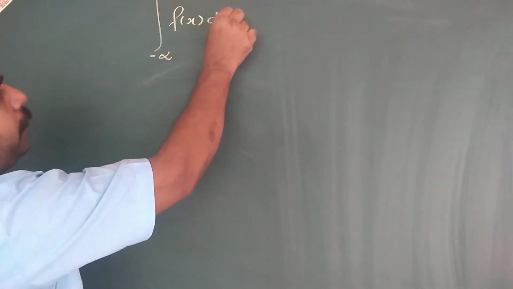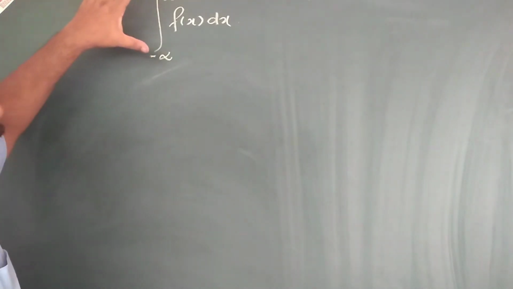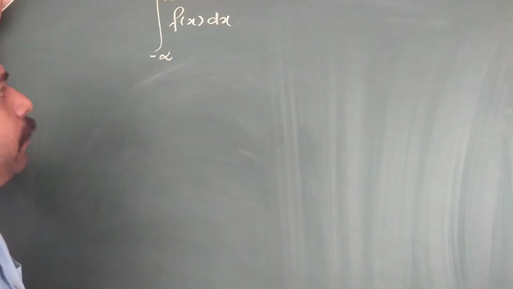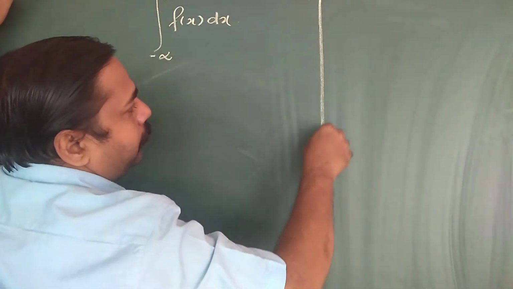So this model is the integral from minus infinity to infinity of f of x dx. To solve the problems in complex form, for these types of problems we need the closed curve. But the closed curve is not given. So what is given? So let us take